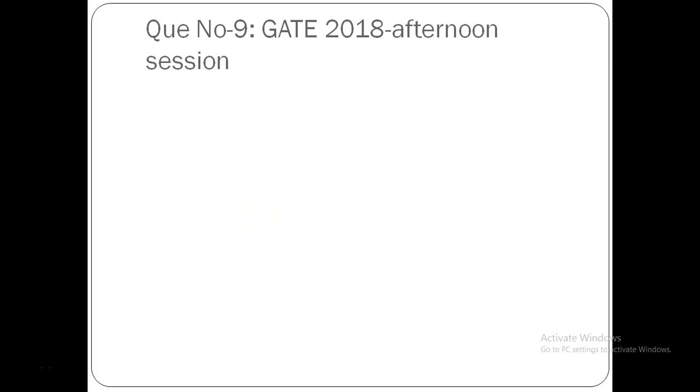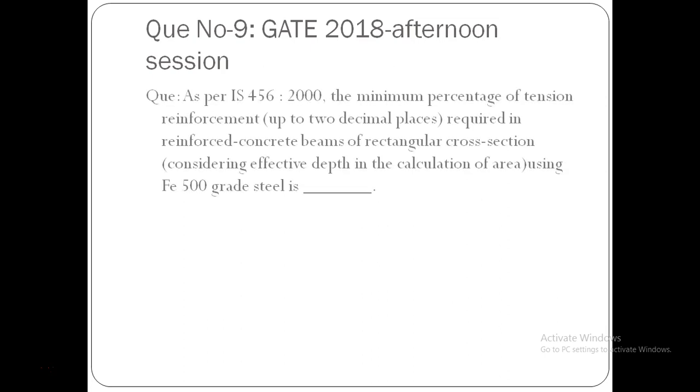Here the discussion is on question number 9 of GATE 2018 afternoon session. The question is, as per IS 456-2000, the minimum percentage of tension reinforcement required in reinforced concrete beam of rectangular cross section using Fe 500 grade of steel. Now here there are no options available, so the student has to solve it and accordingly he has to write